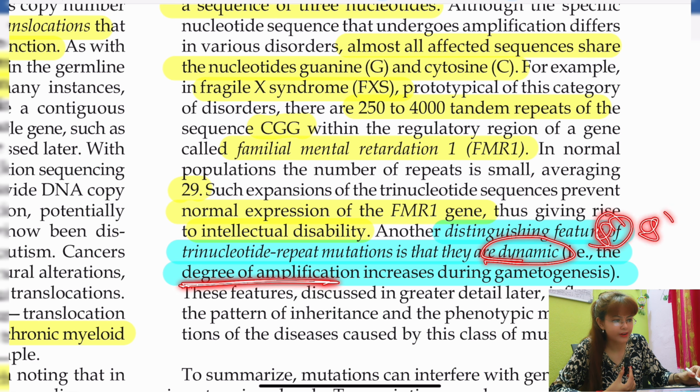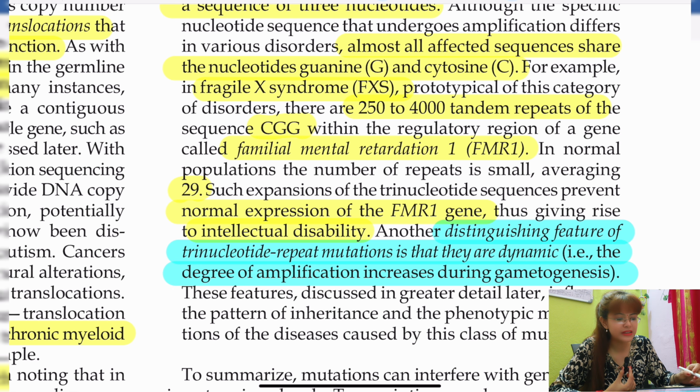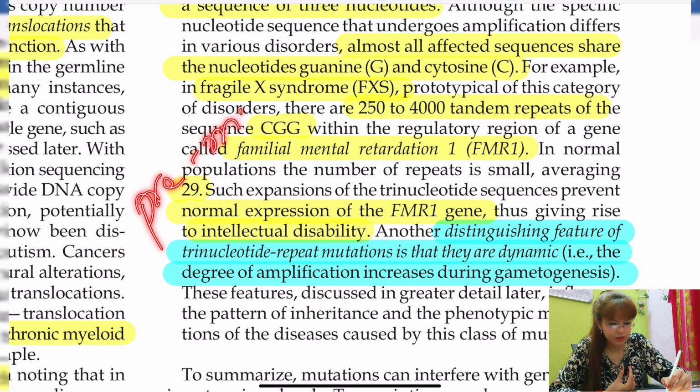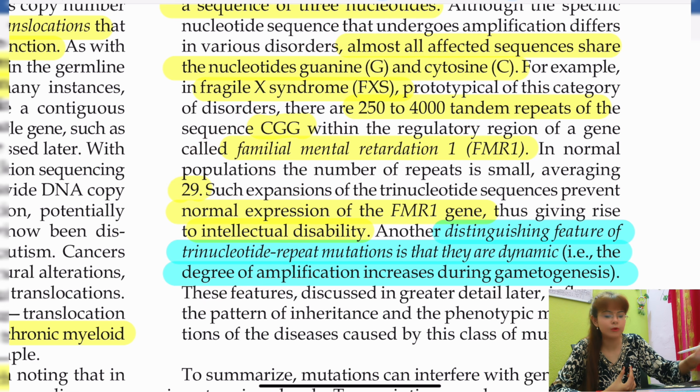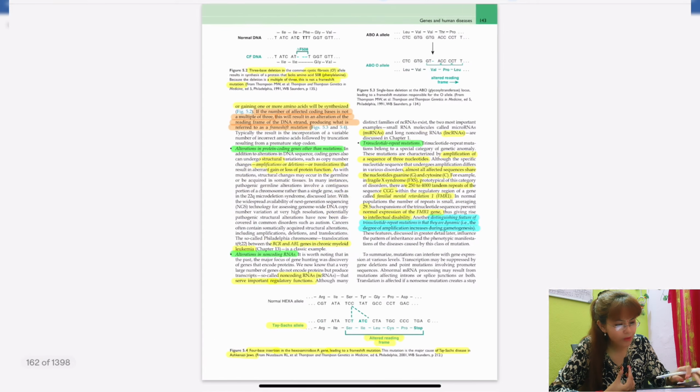Very important point. I will talk about this when I come to the details of Fragile X syndrome. That is why we have something known as the pre-mutation, okay, which ultimately gets converted into a full-blown mutation in the further process of gametogenesis. We'll talk about this later. Okay, so now coming to